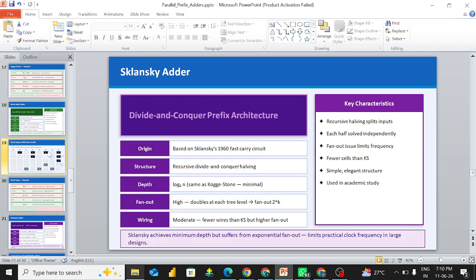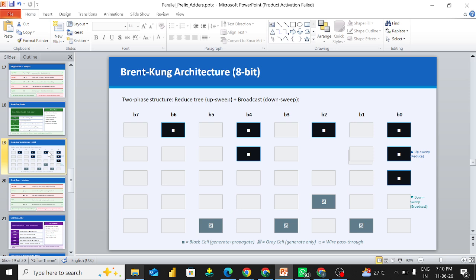I also want to tell one thing. Here your depth will not be as small as in the Kogge-Stone adder. Why? Because you are going through two phases, right? One up sweep and one down sweep, okay. So you can't easily determine the depth. Your depth will not be the minimum depth like the Kogge-Stone adder; it depends upon your input. Whereas coming to the Ladner-Fischer adder,